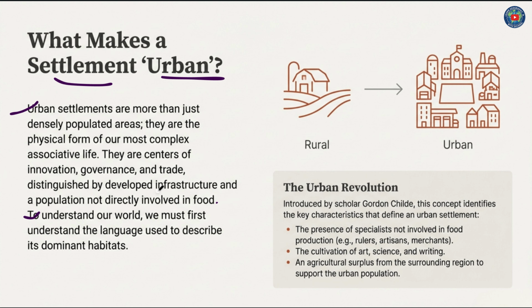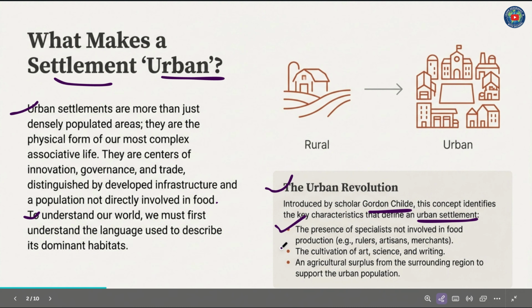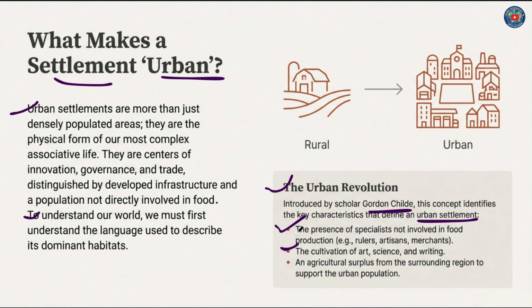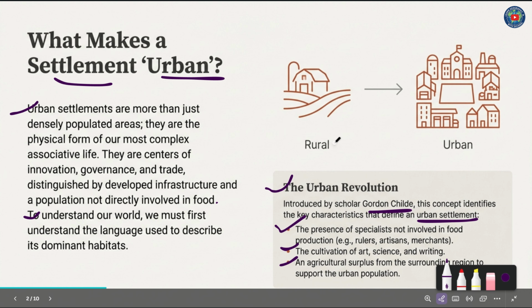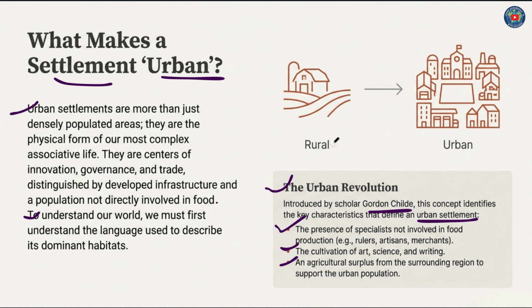To understand our world, we must first understand the language used to describe its dominant habitats. The urban evolution, introduced by scholar Gordon Childe, identifies the key characteristics that define an urban settlement. The presence of specialists not involved in food production, for example rulers, artisans, and merchants. Then cultivation of arts, science, and writing. An agricultural surplus from the surrounding region to support the urban population. These are three basic criteria for considering a region as urban according to the concept of urban evolution